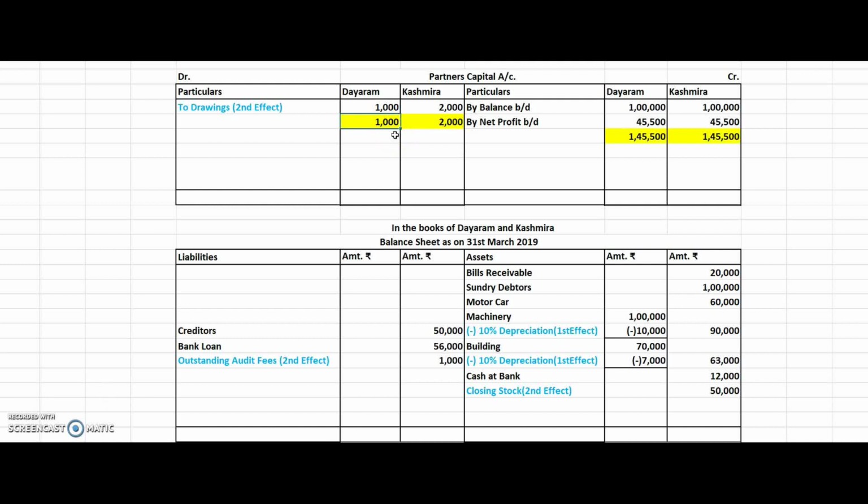You have to find out a difference. This is the heavier side. It will come in the grand total of both of Dayaram's column. Credit, debit, and then the difference. 145,500 minus 1000. Please note again, this 1000 is a rough total of what has been written. There is only a single 1000, so the total also is 1000. The difference is what appears here, which is